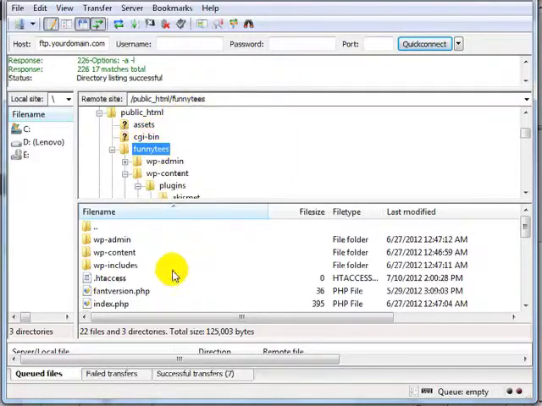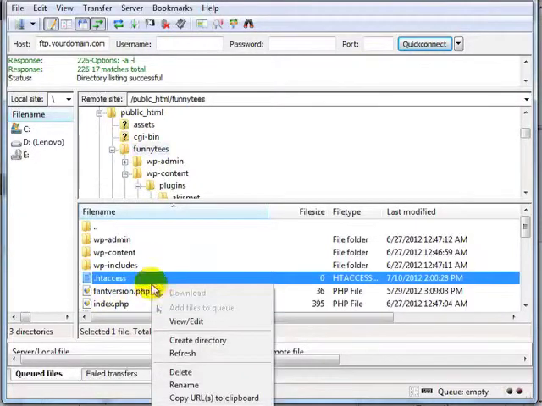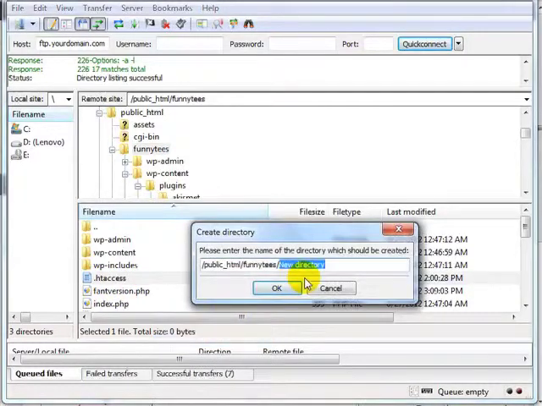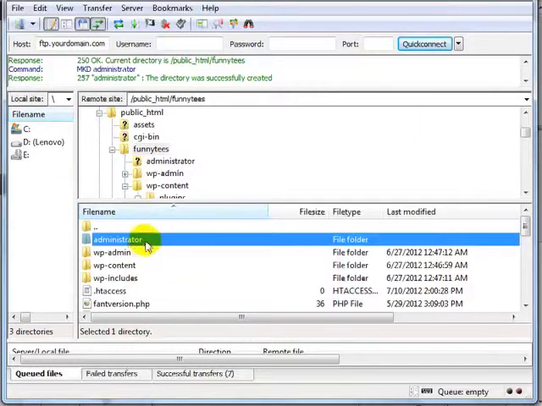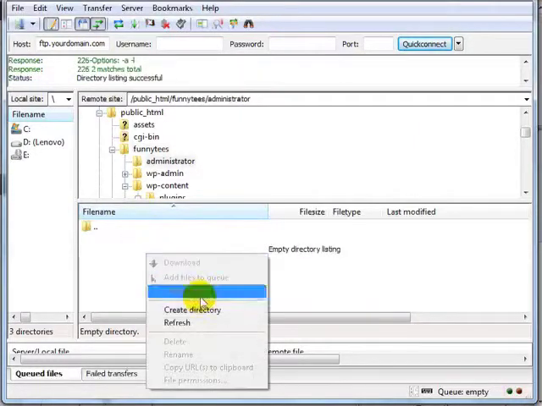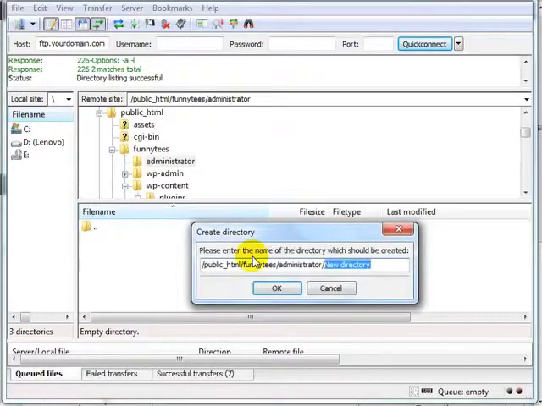So what I need to do is create a new folder here. So I right click, click Create Directory, and then enter the directory name. So I'm going to put Administrator, click OK,